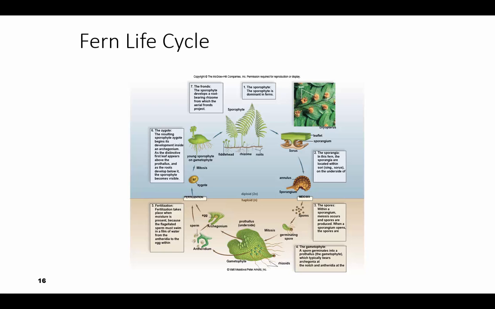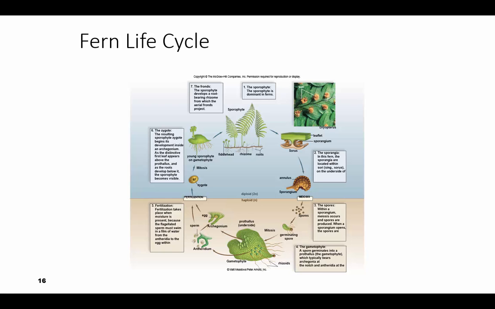And it has archegonium up at the notch that you see at the top, and it also has antheridium down at the tip between the rhizoids. And fertilization is going to occur where the flagellated sperms swim on a film of water to get to the egg within the archegonium, and that's going to produce the zygote, and that takes us back to the sporophyte generation,